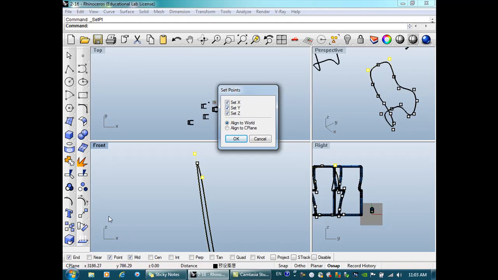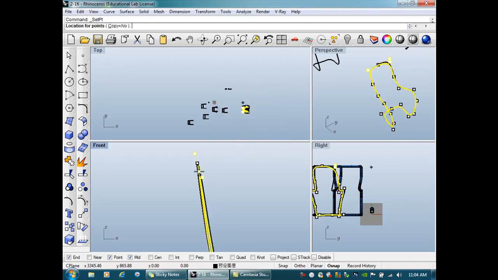So let's look at our symbol on the front view, which says Z and X. So we know in the X direction they are not overlapping, and as well as the Z direction. But the Y direction is not showing on the front view. And also, we really do not need to set the Y direction at this point. So we remove the Y direction and leave the X and Z. Basically, we want to align X and Z for these 2 points. When we click on OK,